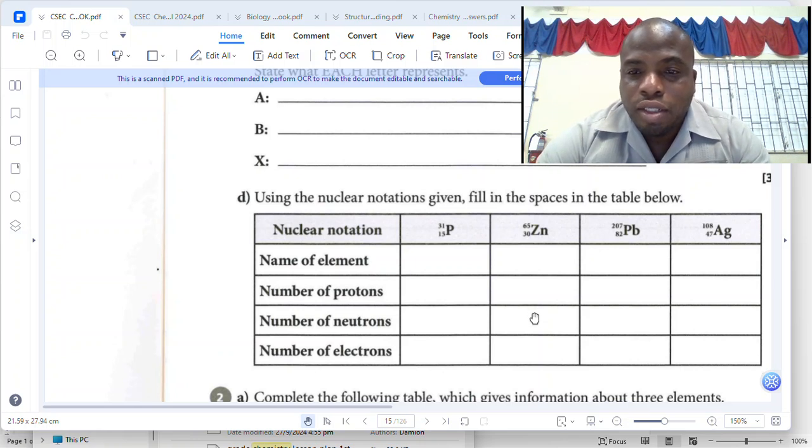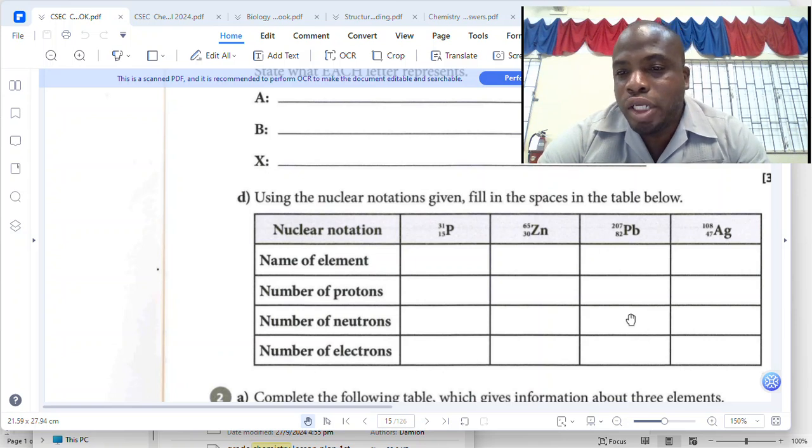When you subtract 30 from 65, yes, 35. When you subtract 82 from 207, comment below, what's the answer? That's right. When you subtract 47 from 108,